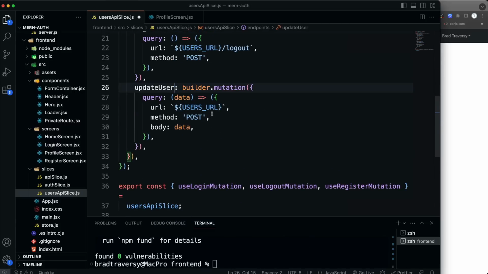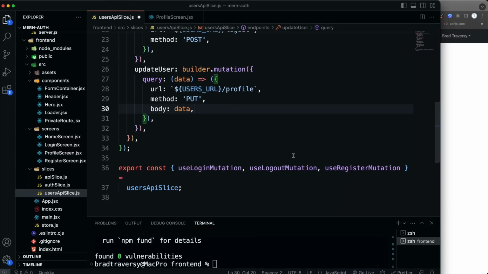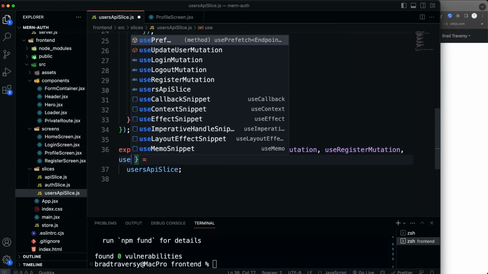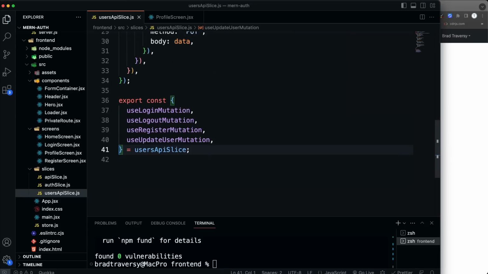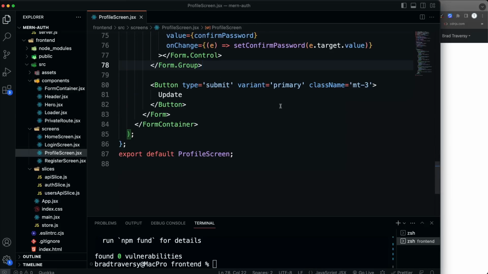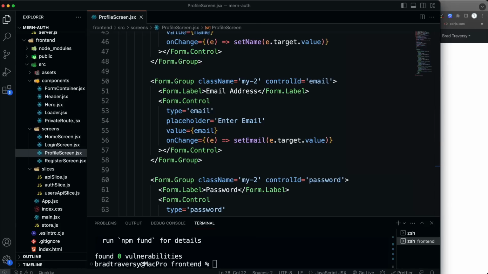And let's see, it's going to be user's URL /profile, but it's going to be a put request. And we're going to send data. And then we want to export it with use, let's see, what are we going to call it? useUpdateUserMutation. And we can close that up. So now in our profile here,